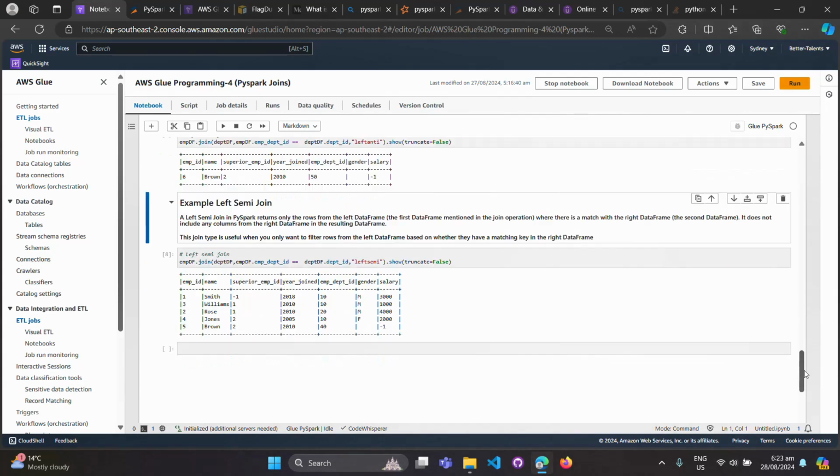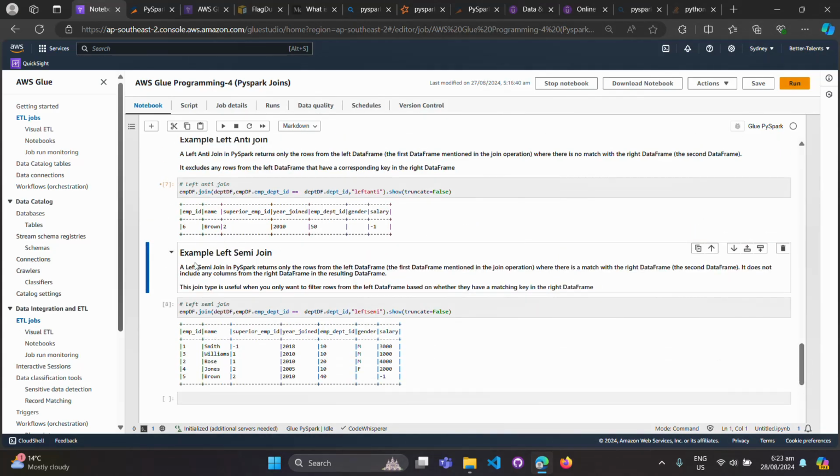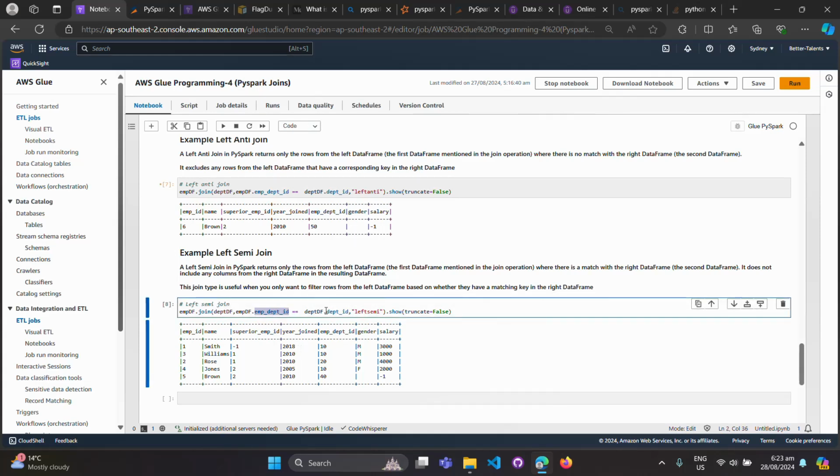Now we are going to do the left semi-join. The left semi-join in PySpark returns only the rows from the left data frame where there is a match with the right data frame. So it's going to display all the matching records from the left data frame which have matching records in the right data frame. Matching records mean the column value we are using to match. So if this column values match in this,